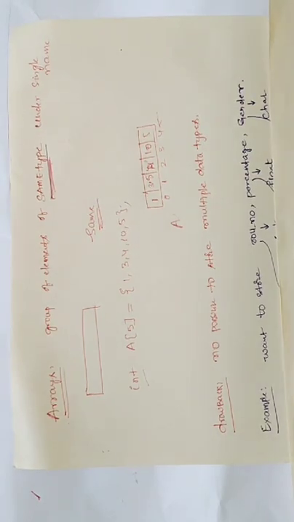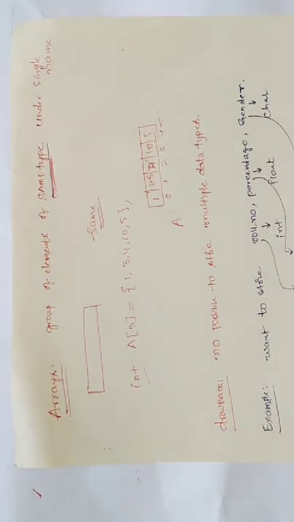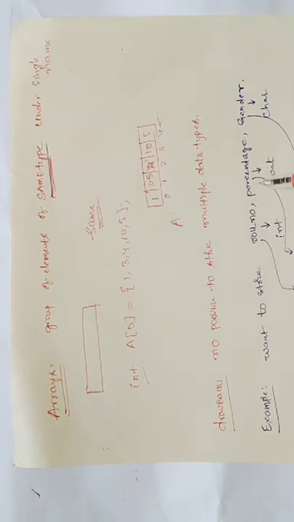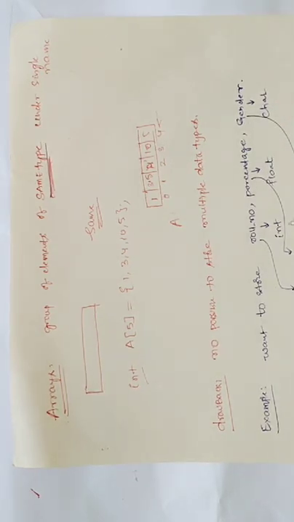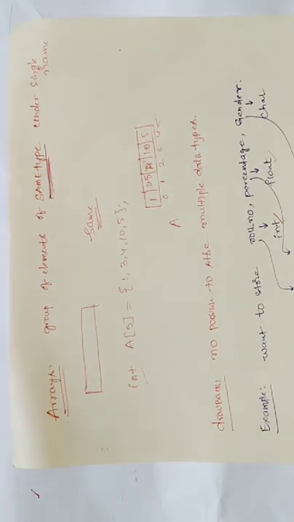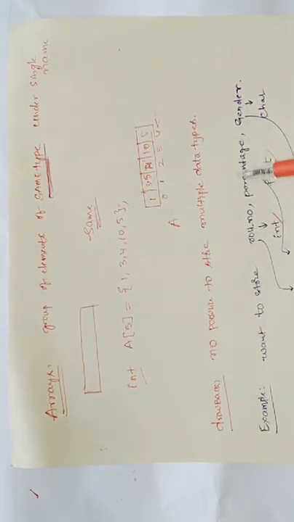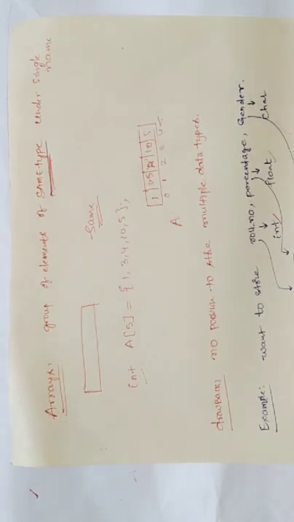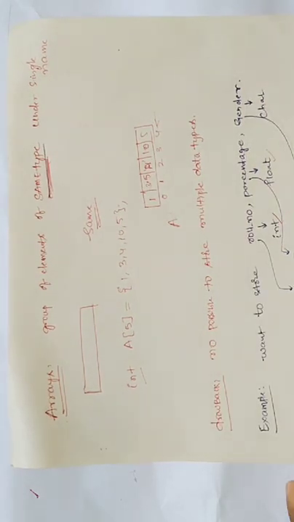For example, if I take student data, in student data we are expected to store what? Roll number, percentage, and gender. Right. So roll number is of what type? Integer type. For example, I want to start the roll number from 121 and so on, or 101, something like that. Percentage is of what type? Float type. And gender is of what type? Character type. So the question is, though all are different data types, all should be in a single location.